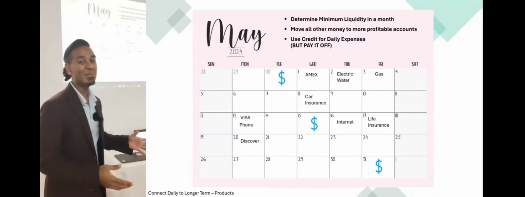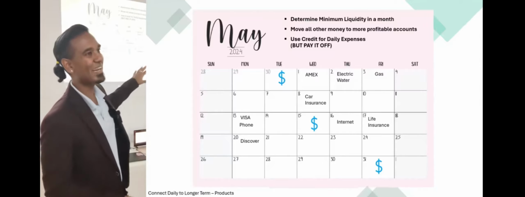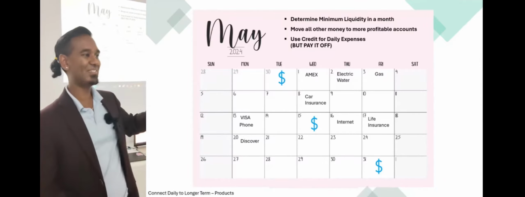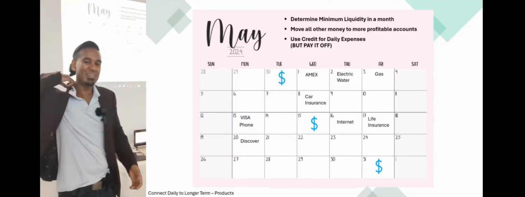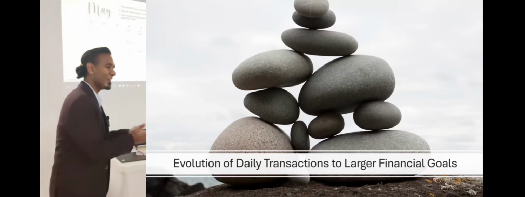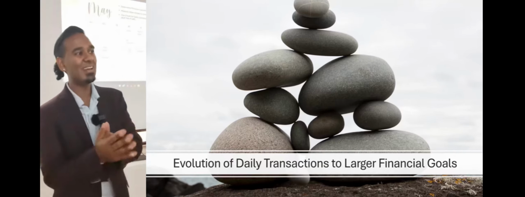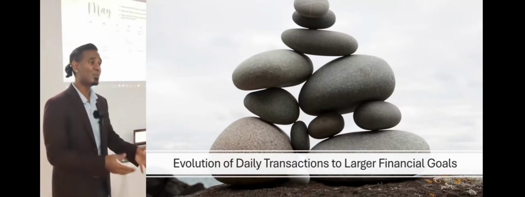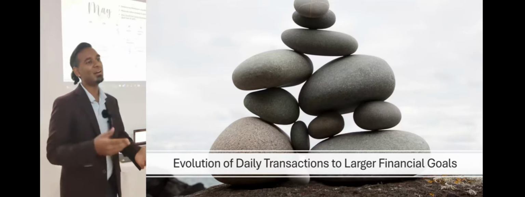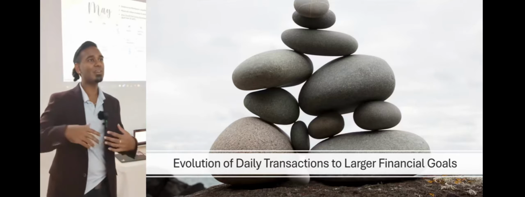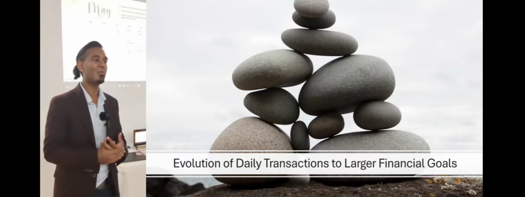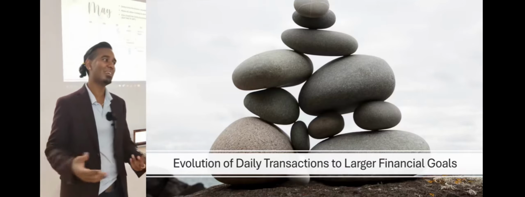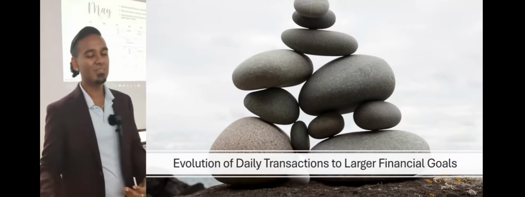Calendars are great for certain people. I actually don't have a calendar like this. What I have is a list of accounts, and I just do it every month at the beginning of the month. We talked about revenue, expenses, and income, and how you can understand on a small scale what you're spending and what you're getting, and connect that to a larger goal over a year: how many months am I saving of my life going into the future, right?